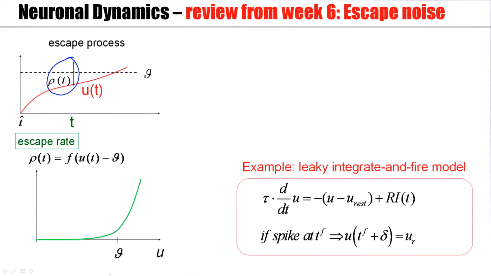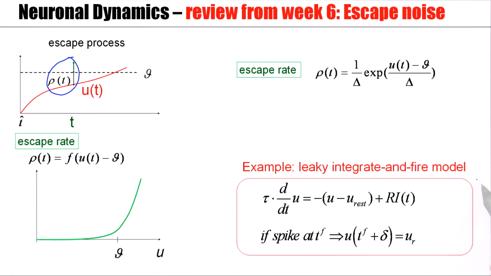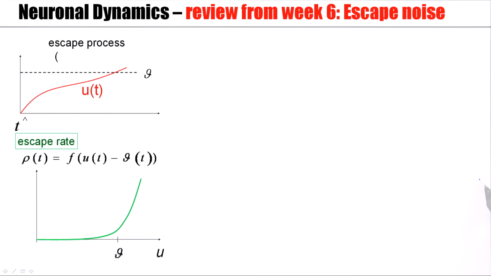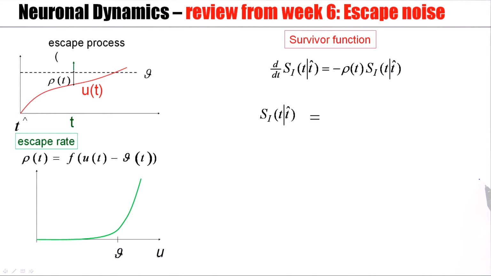And this model works, for example, for the leaky integrate-and-fire model, or for a leaky integrate-and-fire model with adaptation, or for a nonlinear integrate-and-fire model, and in particular, it can be combined with the spike response model. A particularly useful choice is an exponential escape rate that was discussed last week. So last week we have seen that with this noise model, we can construct